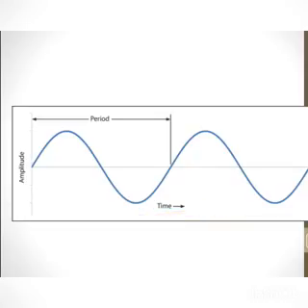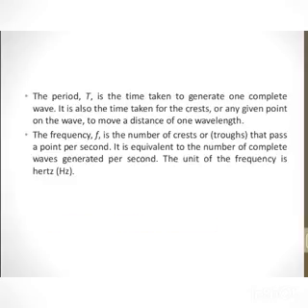Let's come towards this picture. One complete wave starts from here and ends here. The time taken by this complete wave is known as the period, and that is denoted by capital T. Next is frequency. Frequency is the number of crests or troughs that pass